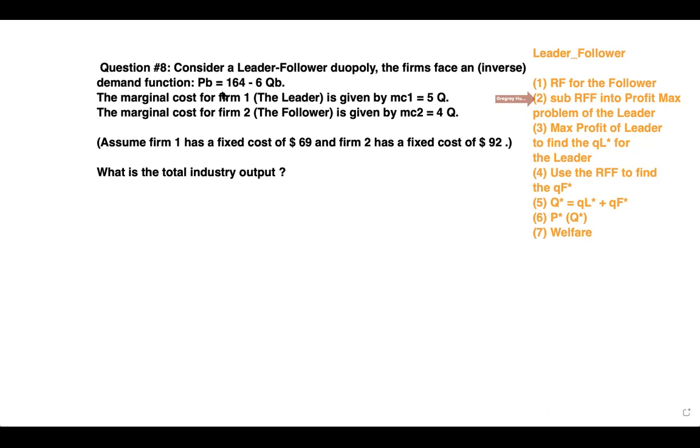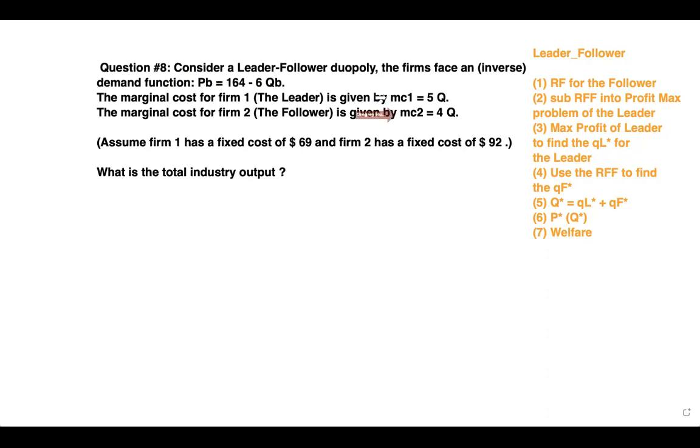So if you look at this demand, and then you look at these two marginal cost functions, which one of these two firms, two businesses, would you say has a cost advantage? Firm 2. Yeah. And normally what happens in our models is that, like in the Cournot model, what we